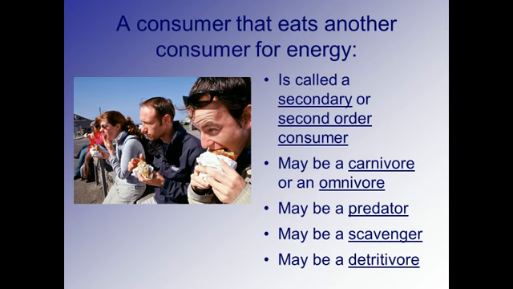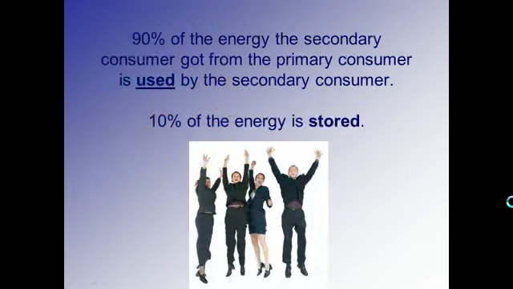A consumer that eats another consumer for energy is called a secondary consumer or a second-order consumer. These could be carnivores, they could be omnivores. They may acquire this energy by being a predator, a scavenger, or a detritivore. All of these three down here refer to ways in which the consumer gets its food. But these refer to actually what it eats. We'll see examples of each of these. Now, from these second-order consumers,